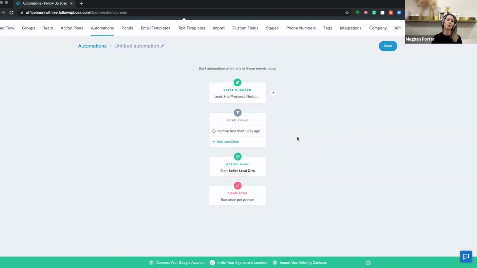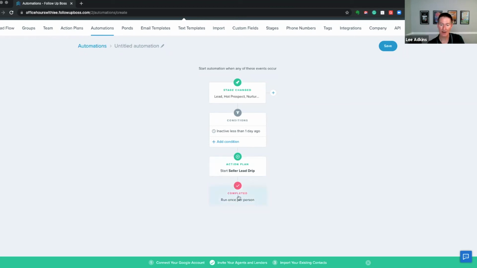We always talk about the birthday email example. If you're tracking your clients' birthdays in a custom field, or their closing anniversary, you can trigger an automatic email to go out or a notification to call or something like that. Yeah, that's great. And we'll look at those real quick because there are some really good automations that come baked in, but they are not on. So we'll look at the stock ones in just a second.